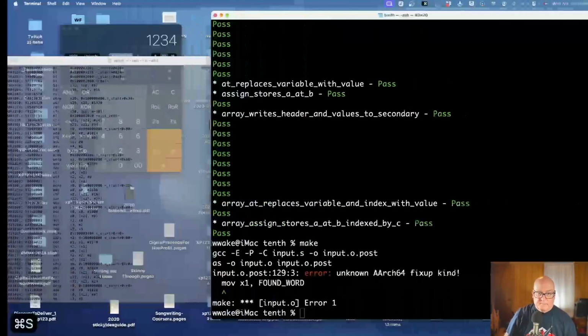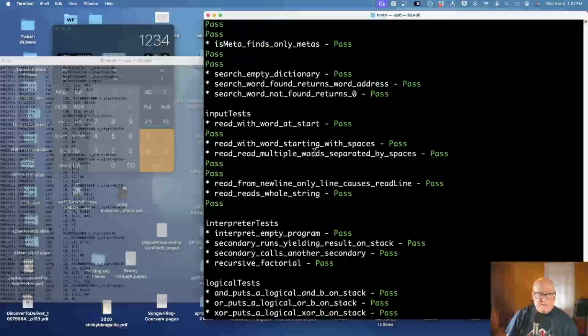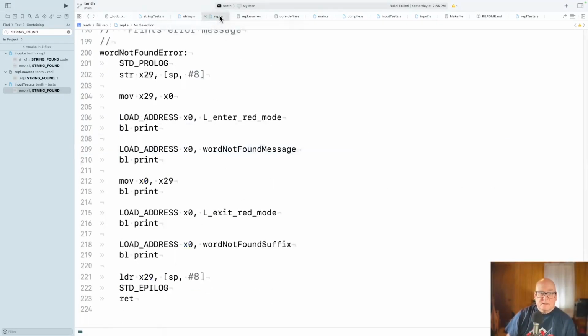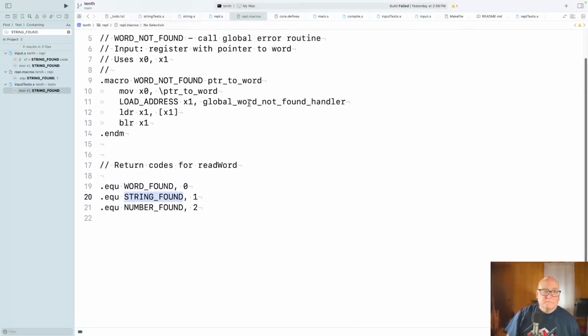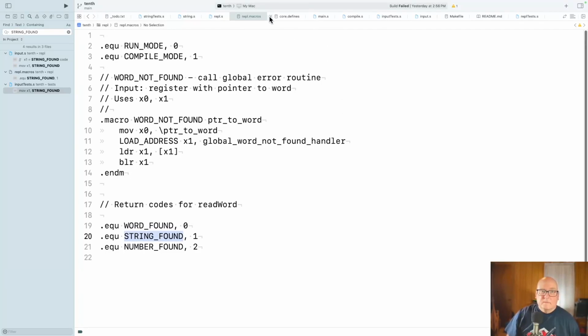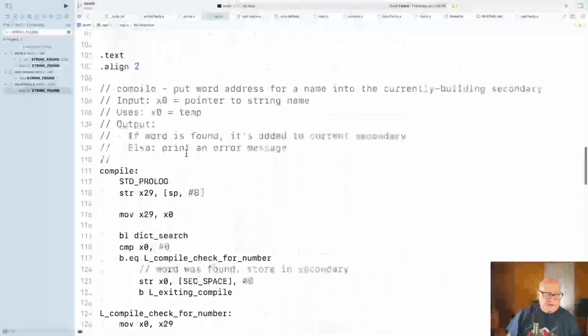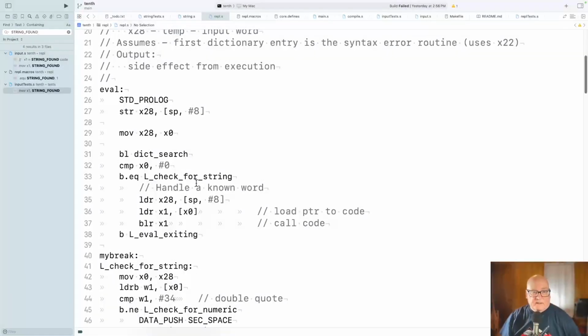Okay. All right, so the input should pass now. Read with word start to asserts. Okay. Now, the consequence of this, and it's eval that should get the benefit of it. And I don't think I've totally changed things, but hopefully enough. Okay, so